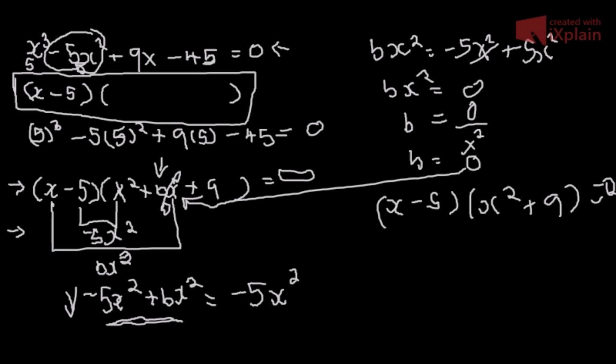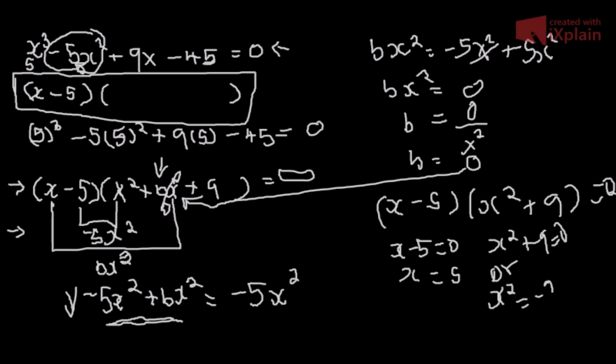So now we have to continue to solve for x equals 0. x squared plus 9 is equal to 0. Then x is equal to 5, or x squared is equal to negative 9. Then we put a root, so it's going to be the square root of negative 9, which is a maths error. That means we only have one x, we don't have the other one. So this is how you need to know how to find x, or to solve for x, or to factorize the polynomials. Now we have to do the second